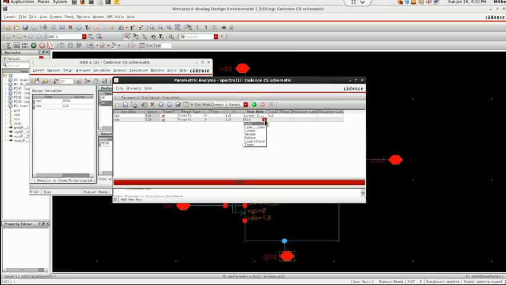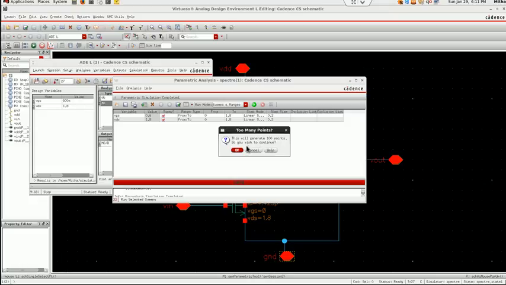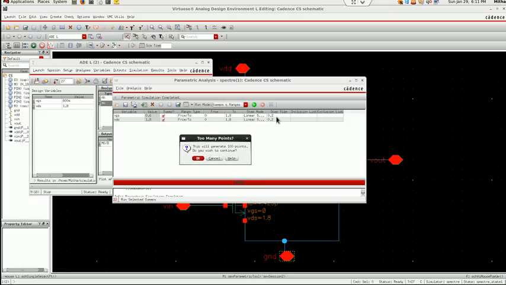If I give auto, it will automatically take some steps, mostly 3 to 5 steps. And if you want to define it, you can give it manually also. Now, see, I gave a step of 0.2. That means it will take around 10 steps, and similarly for this one also. So overall it takes 10 into 10, that means 100. That is too much.